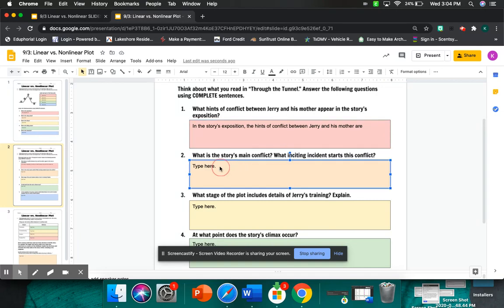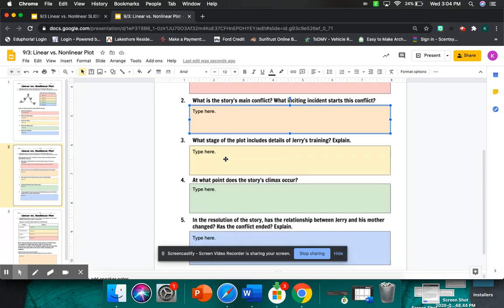What is the story's main conflict? The story's main conflict is, and then don't forget to answer this second question. So this is going to take at least 2 sentences. What inciting incident starts this conflict? So what does he see that starts this conflict? What happens that starts the conflict? What stage of the plot includes details of Jerry's training? Now remember those slides. This answer is on the slide. So you're going to say the stage of the plot that includes details of Jerry's training is, okay? So when we're answering these questions, we need to use part of the question in your answer,